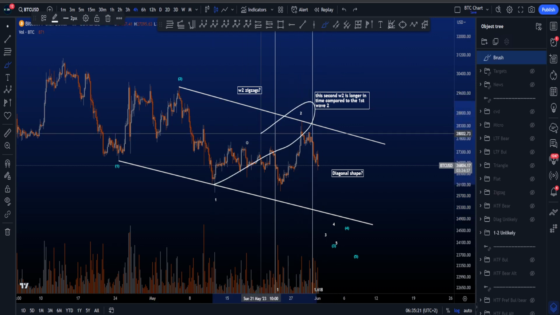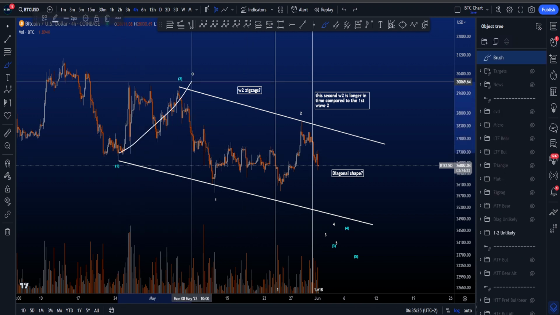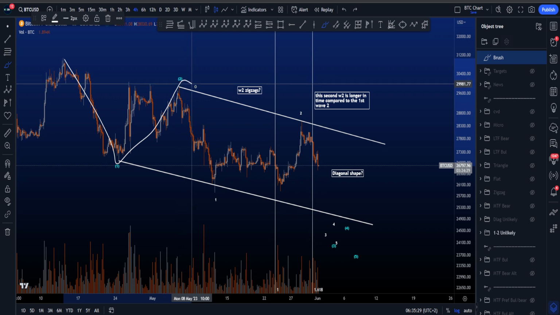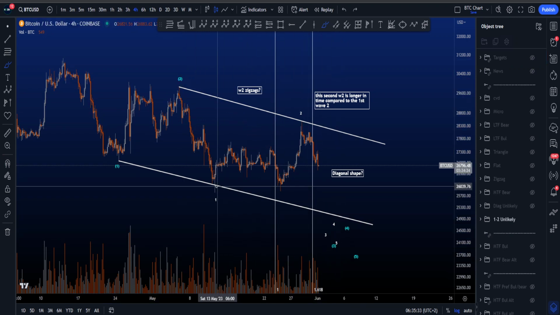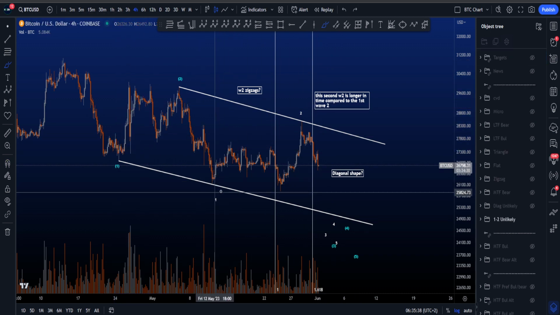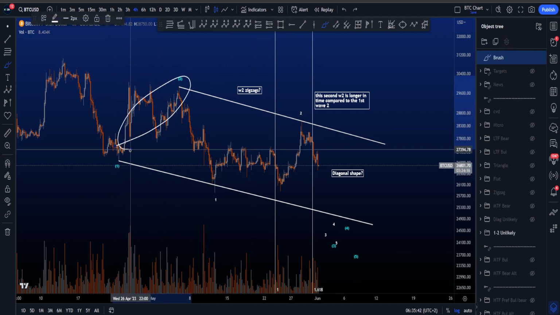Secondly, this wave 2 over here is of a lower degree and more commonly is therefore shorter in time than the higher degree wave 2, because this is a 1-2 in blue and then the white count is part of the bigger wave 3. So usually this wave 2 should then be shorter in time compared to this wave 2. However, this wave 2 over here is longer in time compared to the first wave 2, which is not what